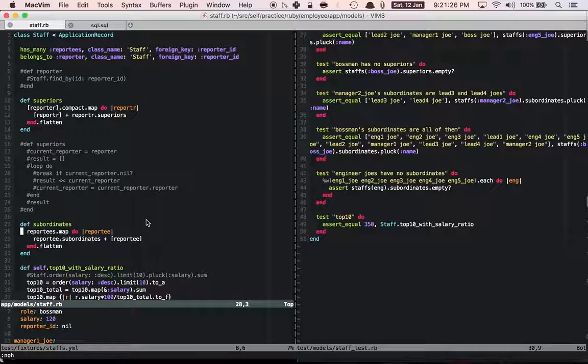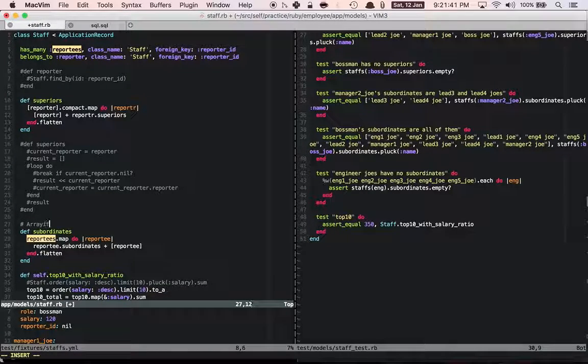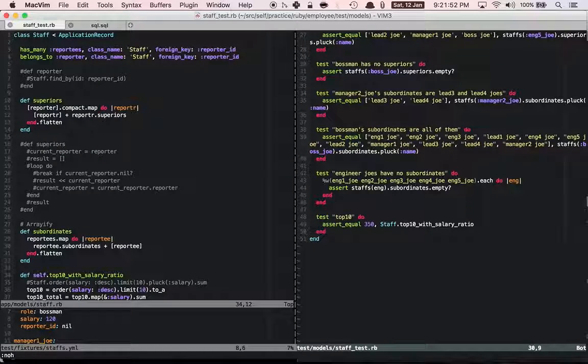Arrayify, it's called. This is the word: arrayify. That is what we do when we put a single element in an array. Okay, that's how you do it. And then comes the last